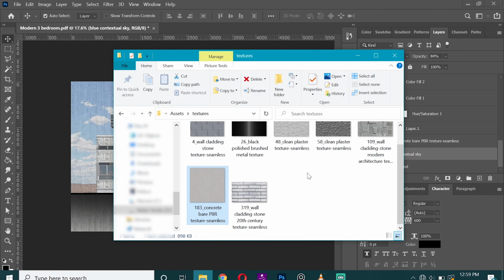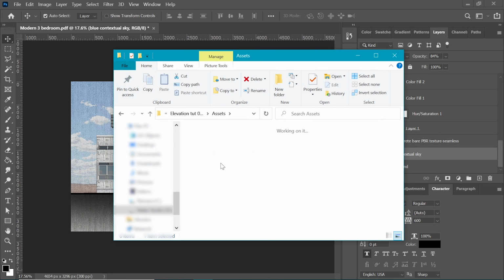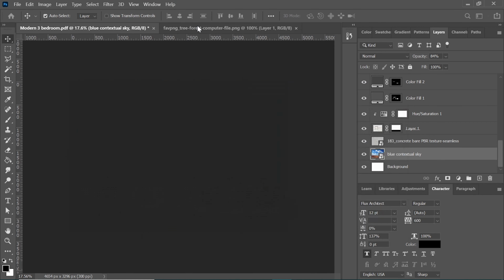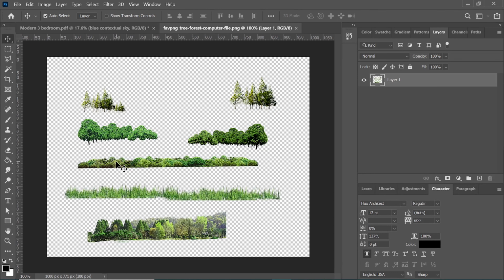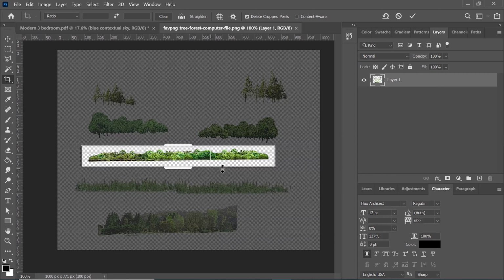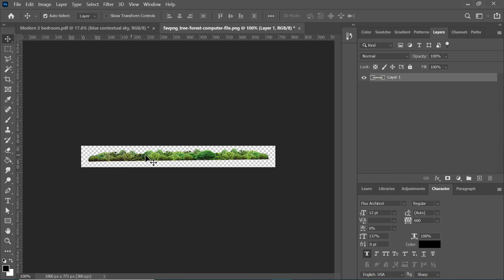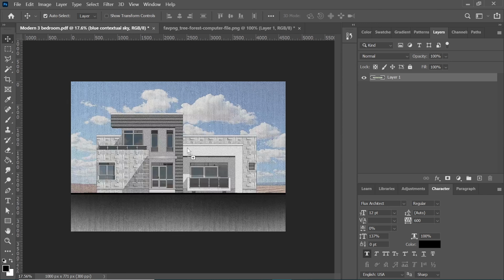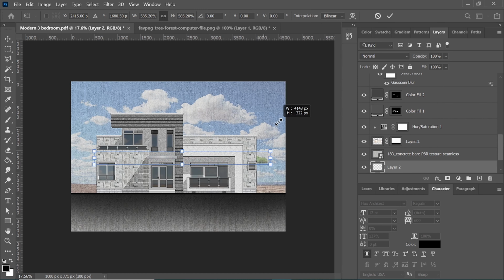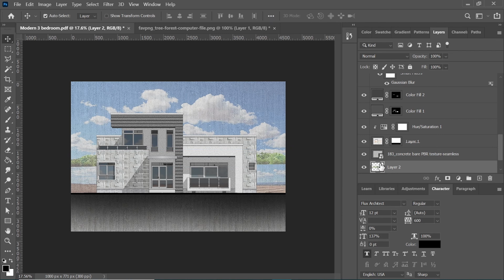So now we can also add in the other background features, like this one here for the vegetation. So let's drop it in here, and I think I used this one, so let's mask just this. That's what I need. So V to move it, and I will place it in here. Of course, Ctrl T to transform it and make it bigger, and when it fills up the canvas, we obviously